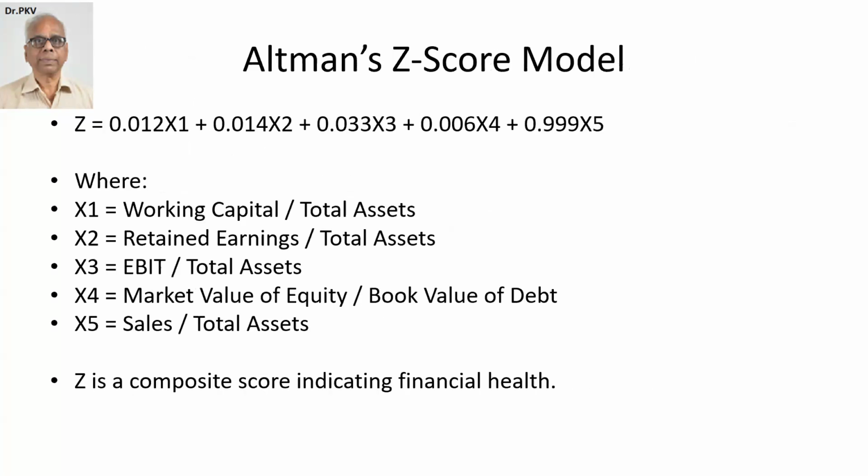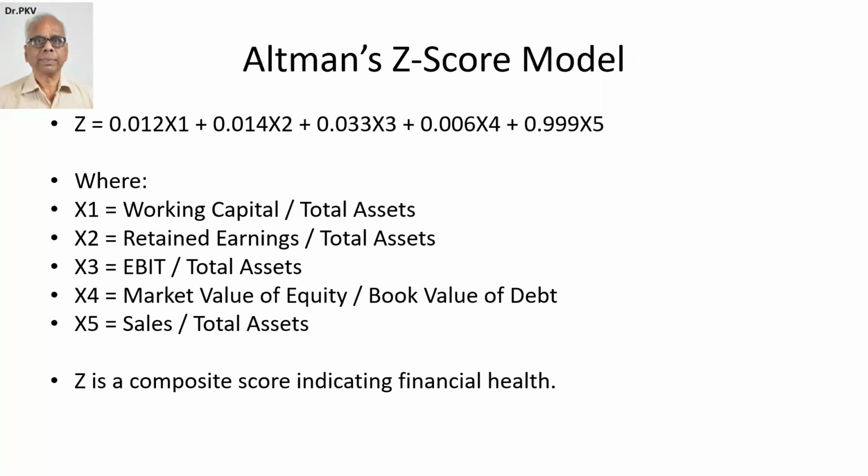So Altman chose 33 companies which are bankrupt and 33 companies which are healthy. And he arrived at the Z score, which is equal to 0.012x1 plus 0.014x2 plus 0.033x3 plus 0.006x4 plus